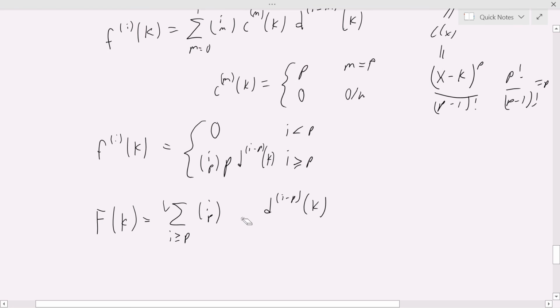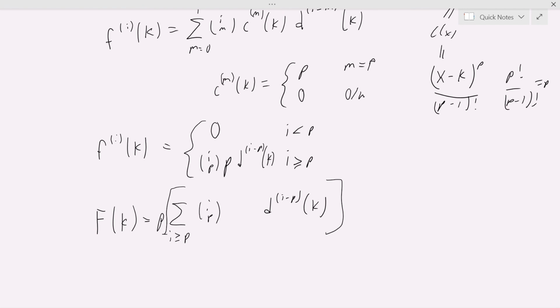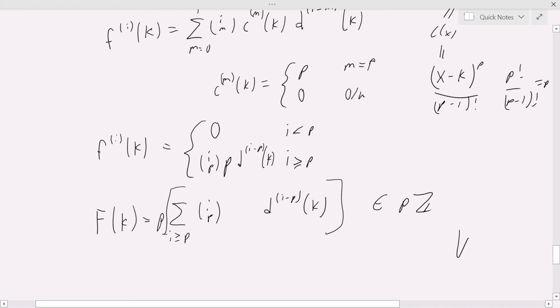And so if we just pull it outside like this, that shows you that we have p times some quantity here. And this quantity is going to be an integer because, again, we're working with integer polynomials evaluated at integer points. So we certainly have an integer, and now it's a multiple of p, so this quantity is in the integer multiples of p. So k was arbitrary in all this, so that means that this is true for all k,